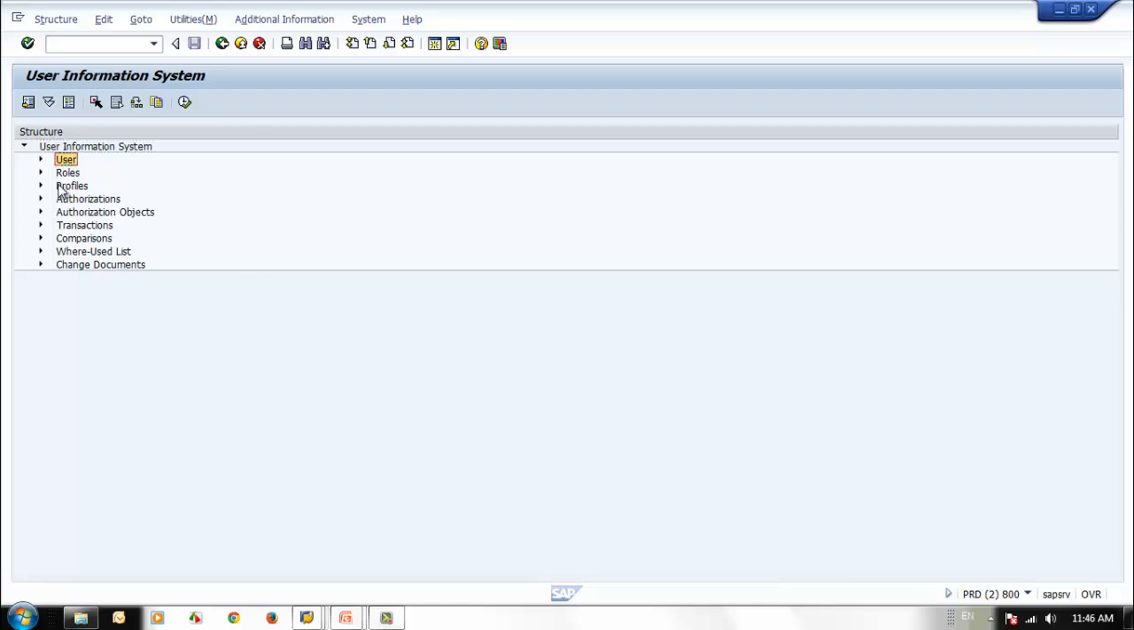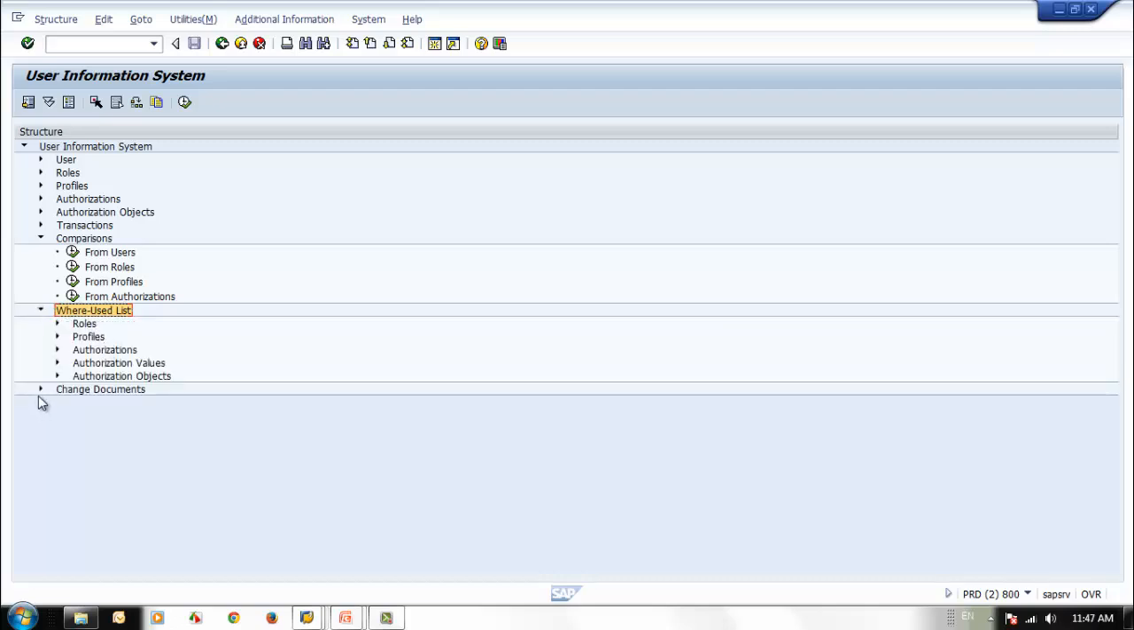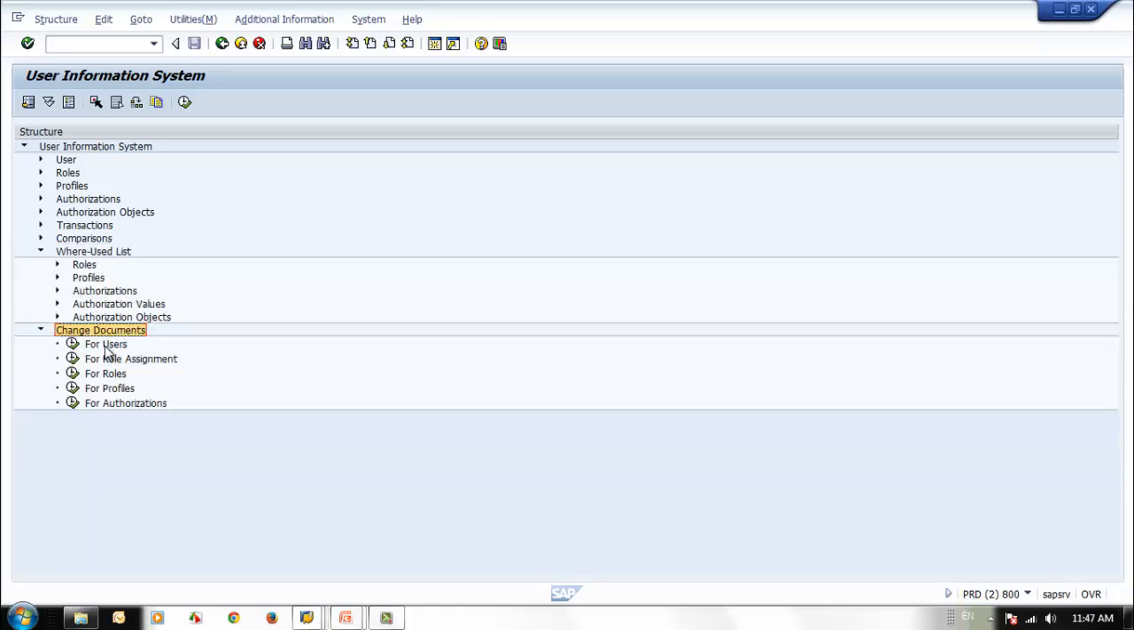First one is user, if you want to find an output for a user. Then roles, profiles, authorization objects, transactions, comparing two different users, roles, profiles and authorizations, where-used lists for the specific user, roles or profiles, and change documents. As I said, you will find this information from different transaction codes and different reports. For example, for users, if you click here,